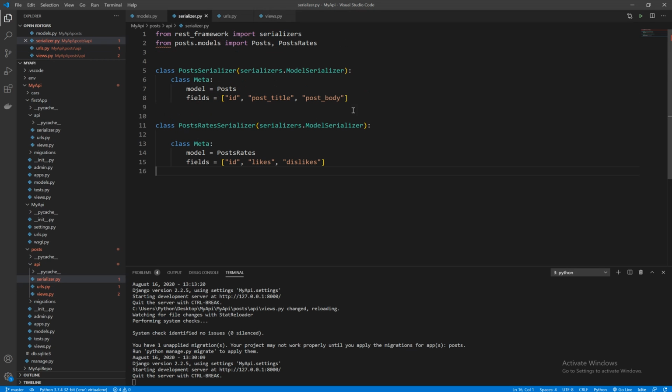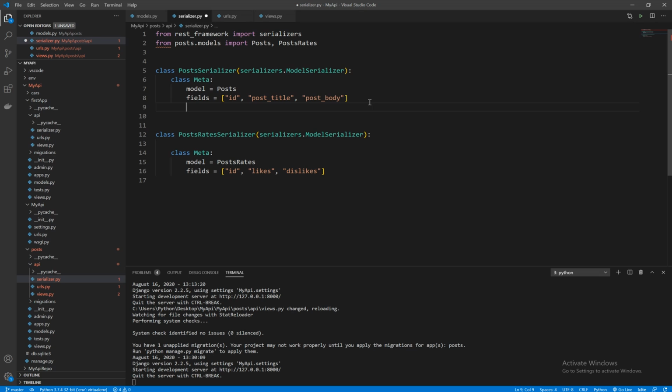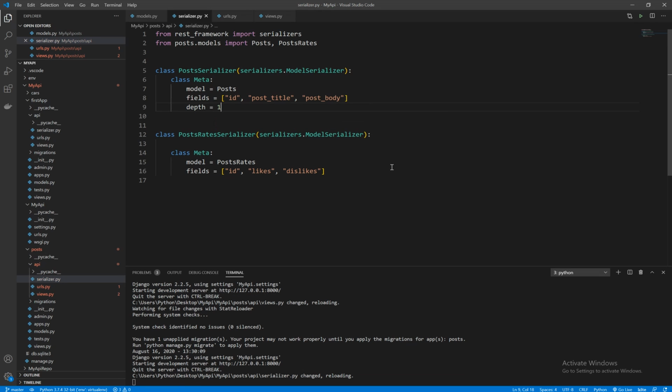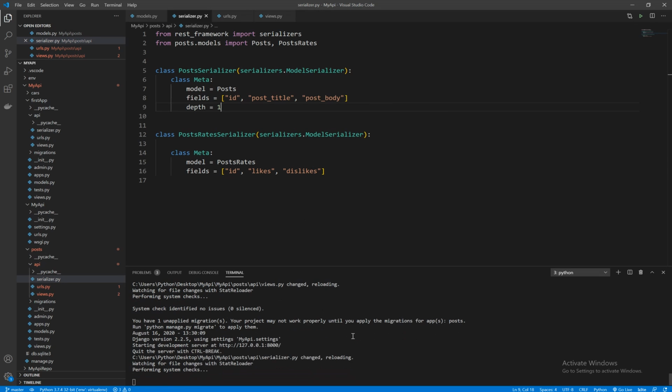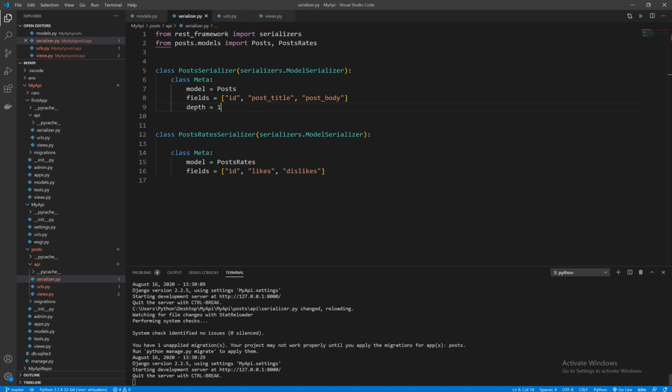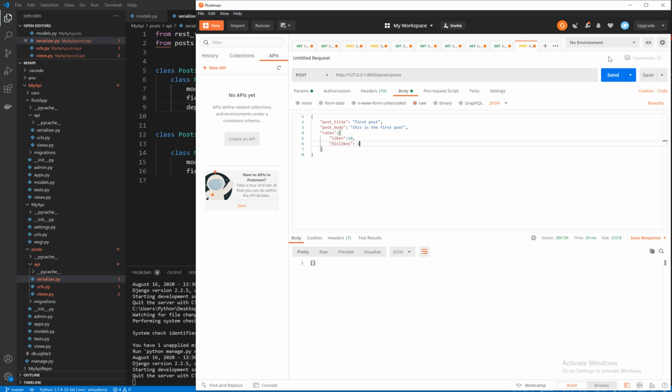And in the serializer, I need to add depth equal 1 to see the nested information or objects. Okay, so if we go now to Postman and then we perform the post request,